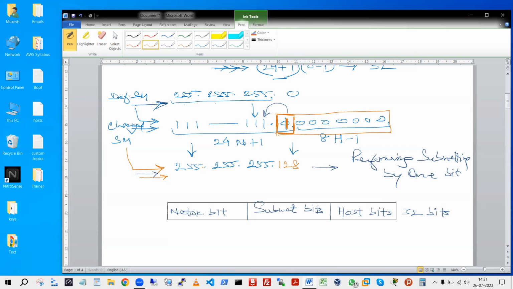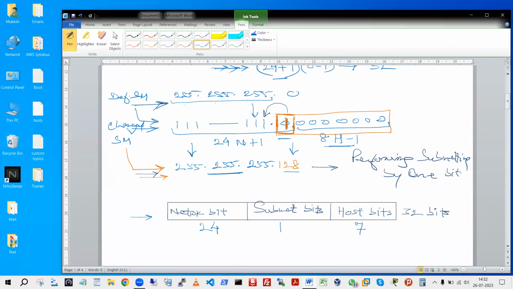तो राइट नाउ ये मास्क जो अपन यूज कर रहे हैं विद क्लास एड्रेस, तो सिस्टम को क्या समझ में आएगा, ये मास्क देखें, ये गिवन एड्रेस वैल्यू में 24 नेटवर्क बिट है, दैट इज समथिंग डिफॉल्ट। एक बिट बोरो किया है, 128 का मतलब एक बिट हमने बोरो किया है, दैट रिप्रेजेंट्स सबनेट बिट, एंड रिमेनिंग जीरोस लेफ्ट आर 8 minus 1, 7, रिप्रेजेंटिंग होस्ट बिट्स। यस, ये सिस्टम को समझेगा। ये मास्क अगर हम यूज करते हैं क्लास C एड्रेस के साथ, तो सिस्टम को समझेगा कि गिवन आईपी एड्रेस में 24 नेटवर्क बिट हैं, क्योंकि क्लास सी का है, दैट इज डिफॉल्ट, एक सबनेट बिट है और 7 होस्ट बिट है। और जैसा सिस्टम प्रोसेस करता है समझता है वैसा हमें समझना है, राइट? यस।